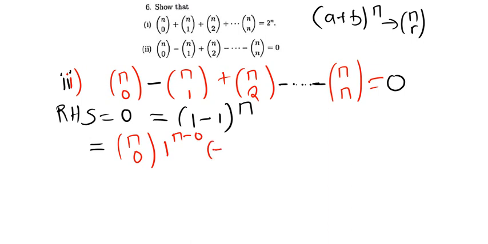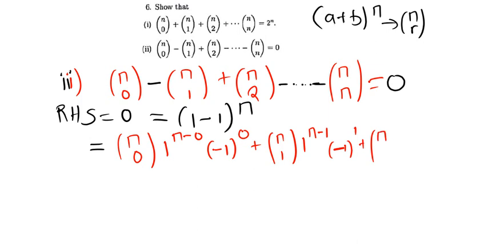And then the other part, which is now negative 1, as we can see from the expansion there, negative 1 will be raised to the power 0 as well, plus n choose 1, and then 1 raised to the power n minus 1, negative 1 raised to the power 1, plus n choose 2, 1 to the n minus 2, negative 1 raised to the